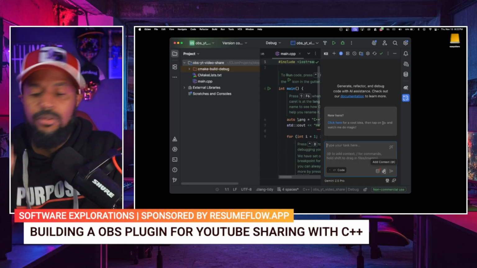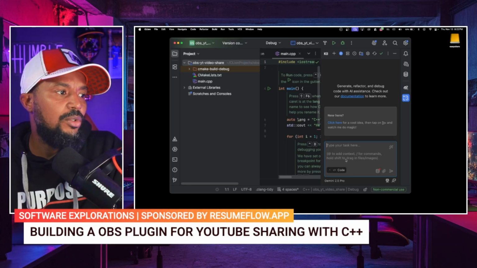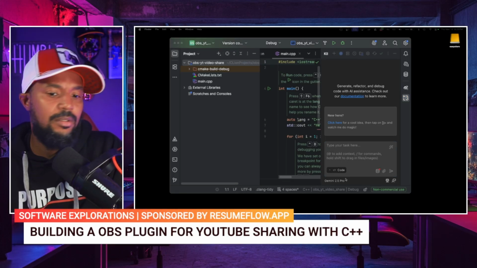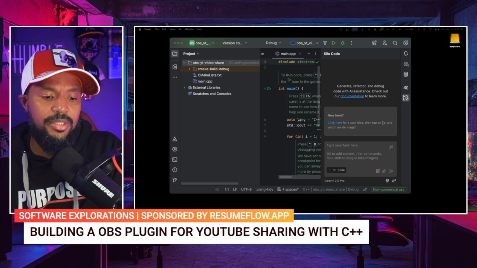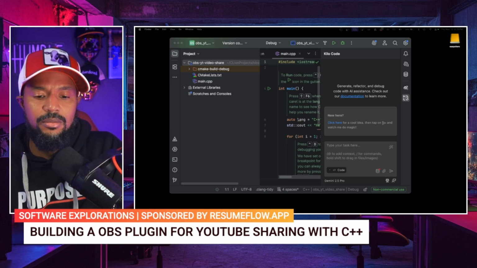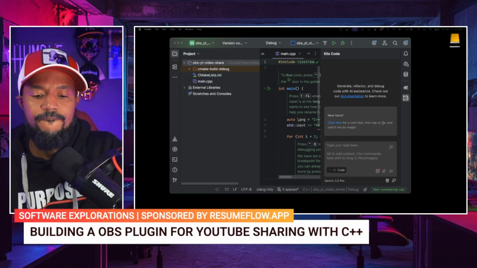I think that's what I want to do. All right, so what I'm going to do is add a context for commands, hold shift and drag files. I'm going to find that file that I created, the Python script. So it's going to be at here. Let's go to